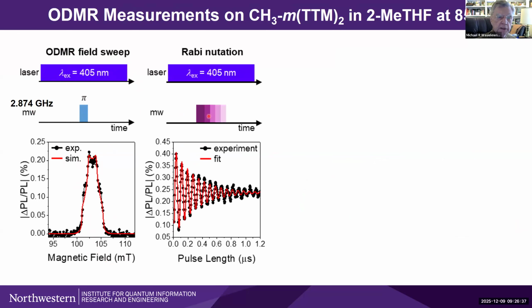We can do a Rabi nutation experiment here again, and sure enough, what we get is nice Rabi oscillations here, all the wiggles going down on a somewhat sub-microsecond time scale. And this actually indicates that the length of our pi over 2 pulse here is about 19 nanoseconds or so.